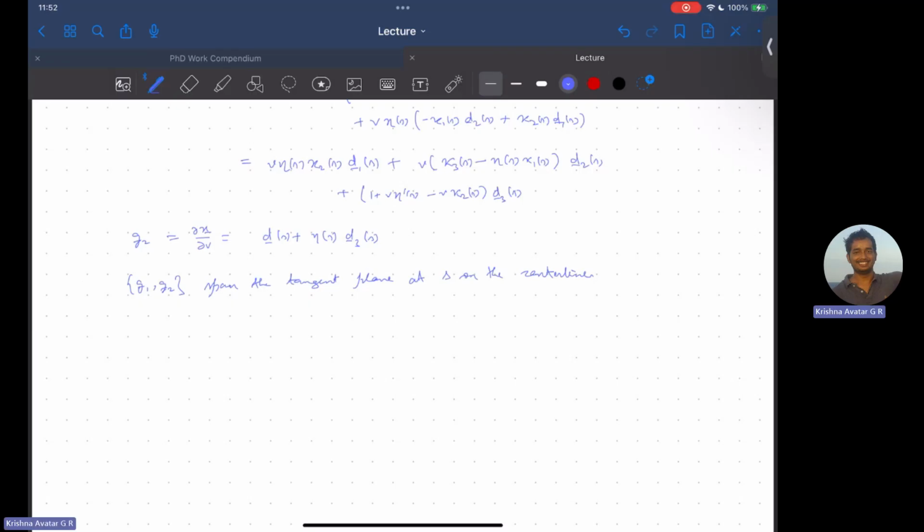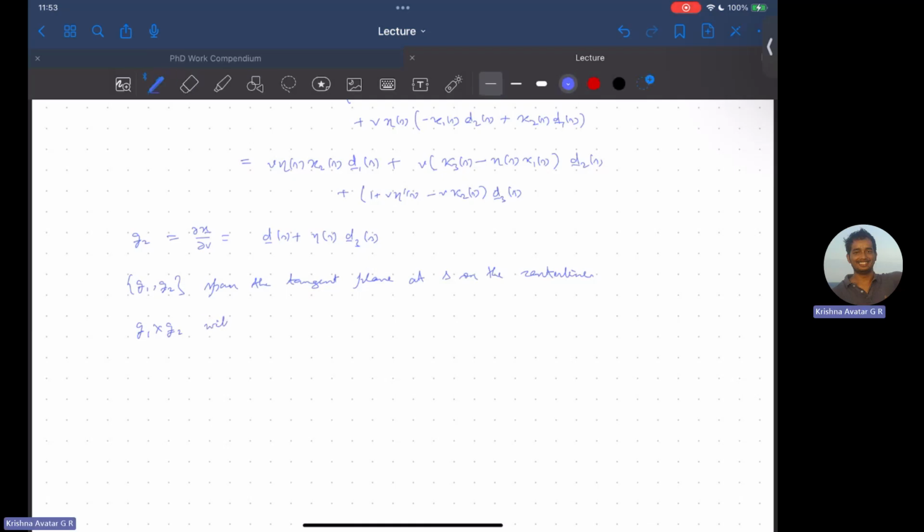So you know that g1 and g2 span the tangent plane of the set, which means that g1 cross g2 should result in